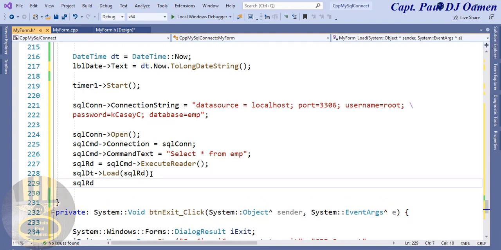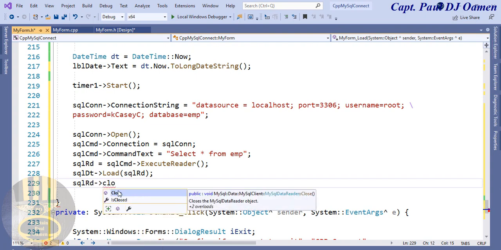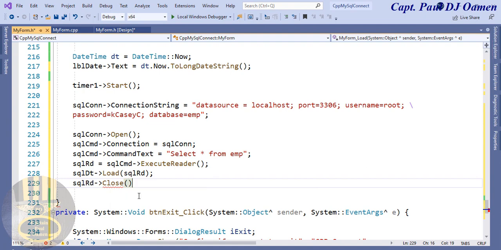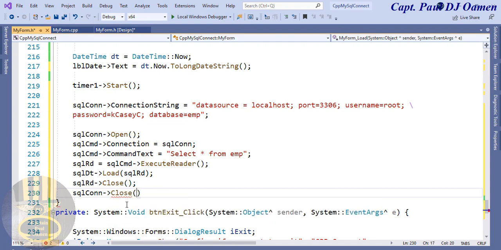Now we want to close the reader because we finished with it. Dots, that will be dash close. We finished with the reader, so we close that up. We also need to close this very one. Close the connect. Once that is closed,